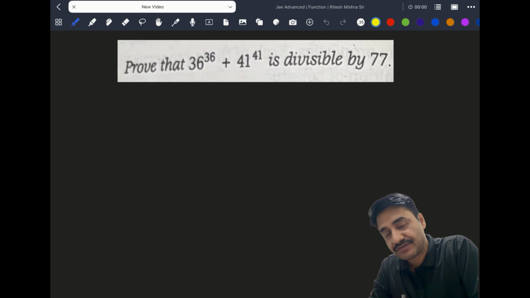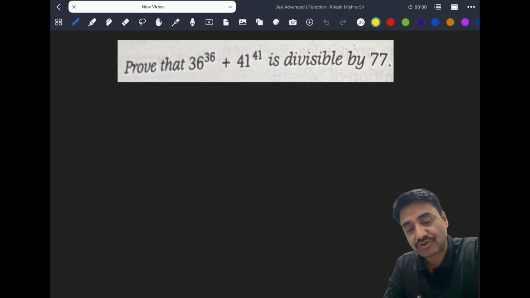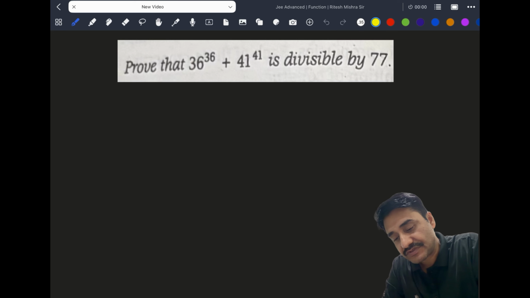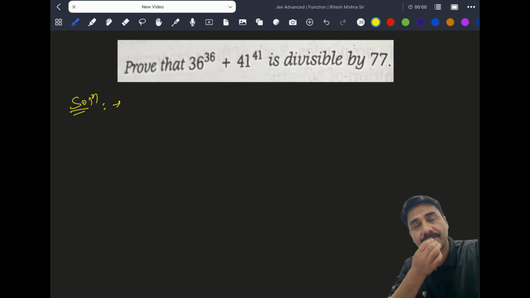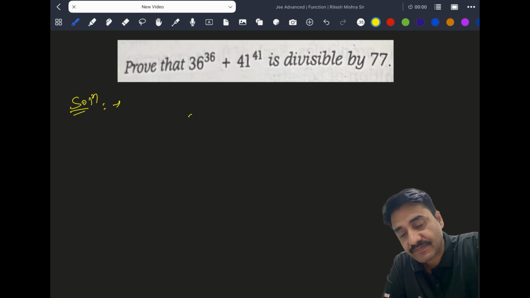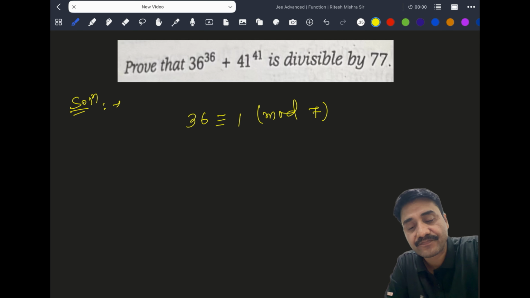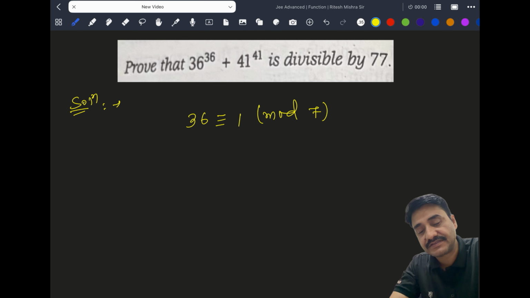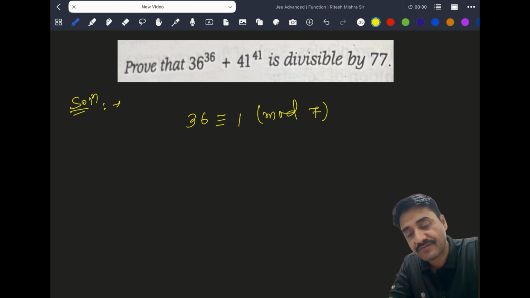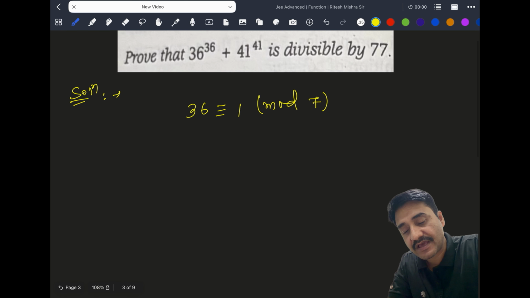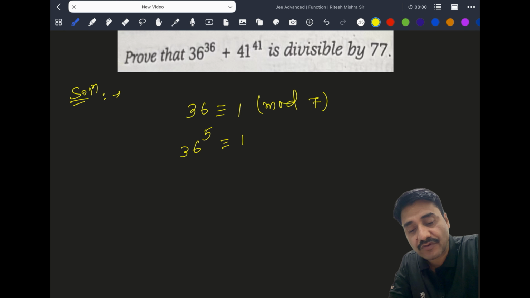See, in this question, we will apply the concept of congruence. So see how we will use the congruence theorem in this question. The first thing is 36 is congruent to 1 modulo 7. When 36 is divided by 7, it leaves remainder 1. This means that, and therefore, 36 raised to 5 is also congruent to 1